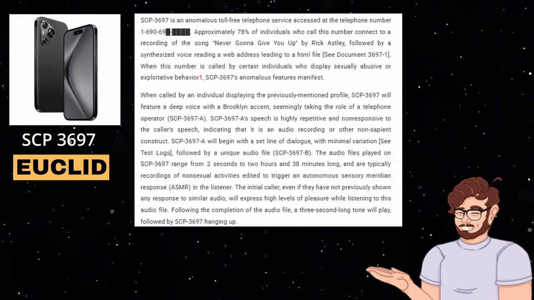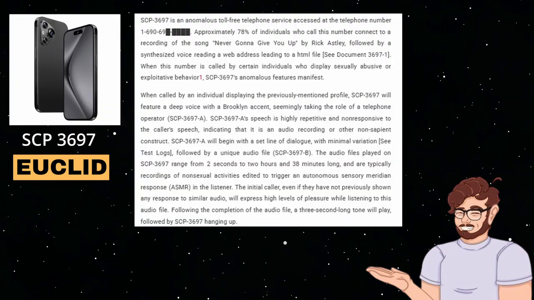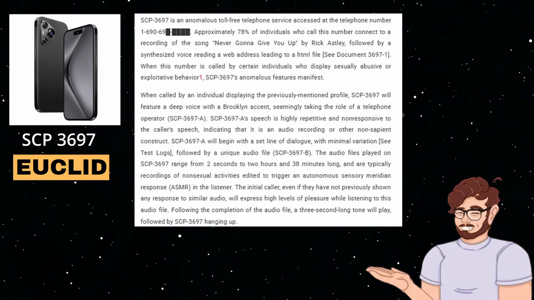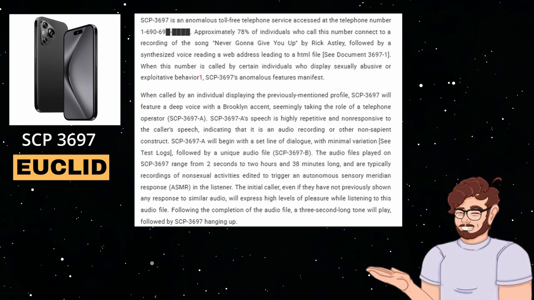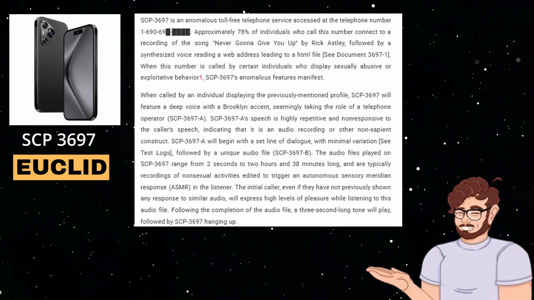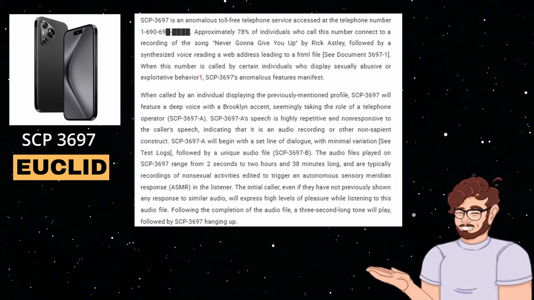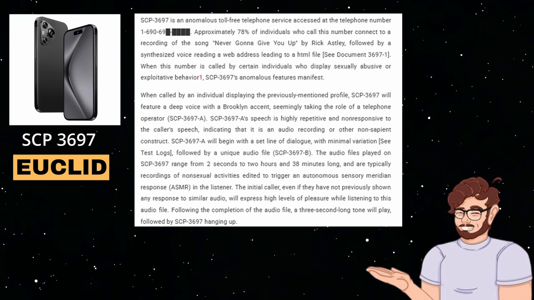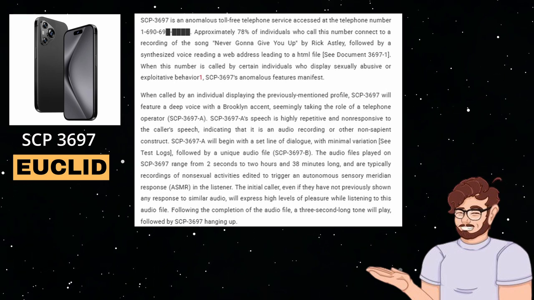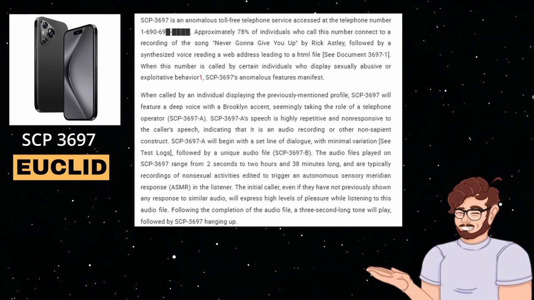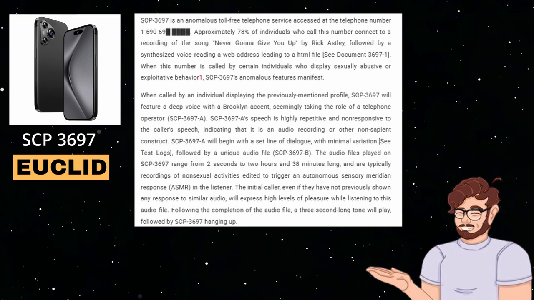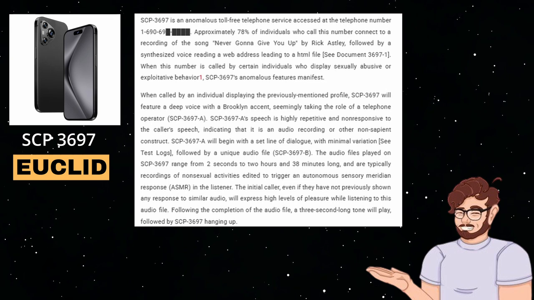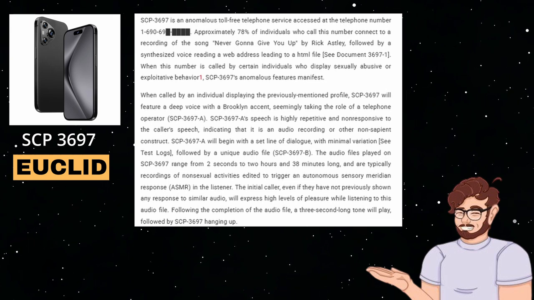SCP-3697 is an anomalous toll-free telephone service accessed at the telephone number 169069 redacted. Approximately 78% of individuals who call this number are connected to a recording of the song Never Gonna Give You Up by Rick Astley, followed by a synthesized voice reading a web address leading to a HTML file. When this number is called by certain individuals who display sexually abusive or exploitative behavior, 3697's anomalous features